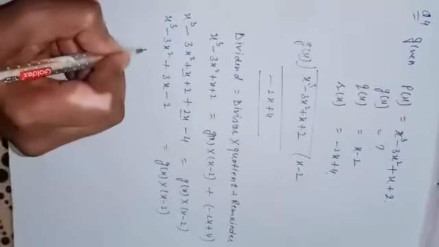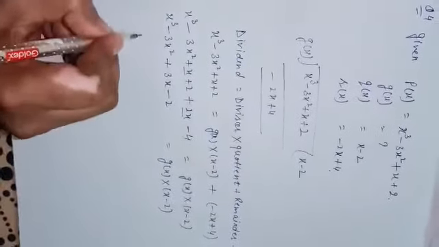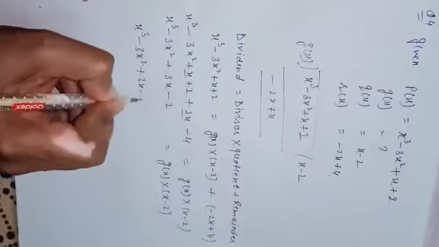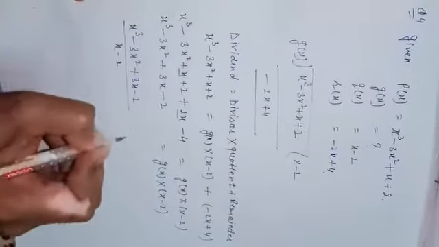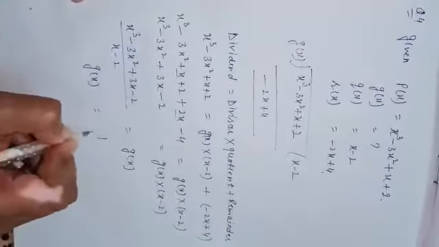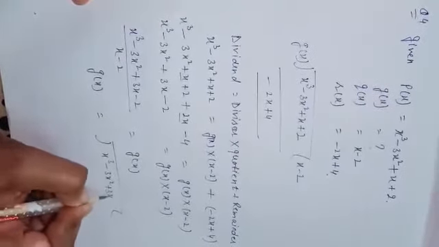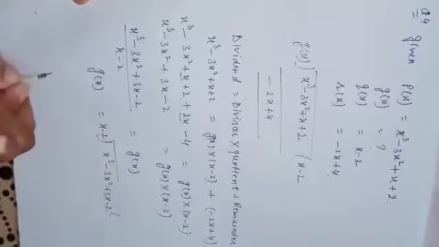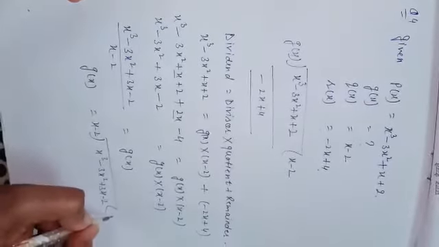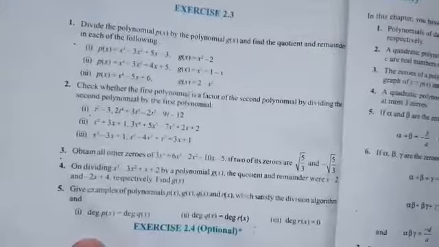Now we will take x minus 2 to the left hand side. Now it is in multiplication, so we take it to the left hand side in division. Now it becomes x cube minus 3x square plus 3x minus 2 divided by x minus 2 is equal to g(x). Now we can find g(x) by division of x cube minus 3x square plus 3x minus 2 by x minus 2. Beta, when you divide this polynomial, you will get some quotient. That quotient is the value of g(x). In this way you will solve this question.